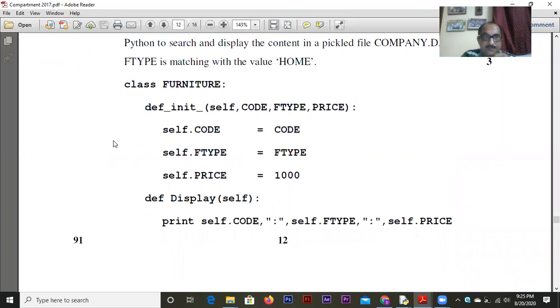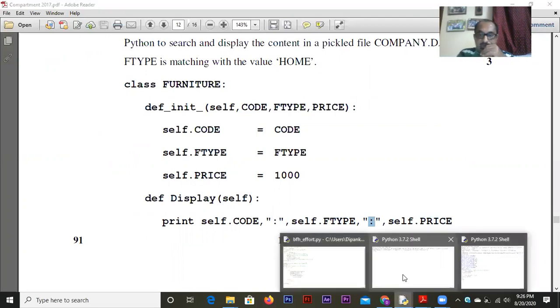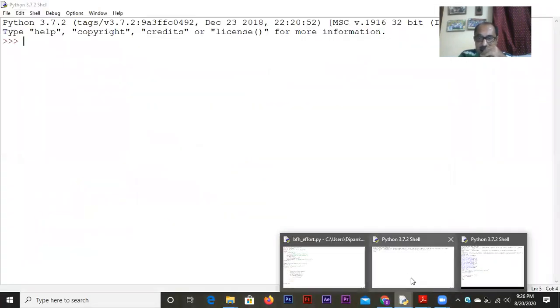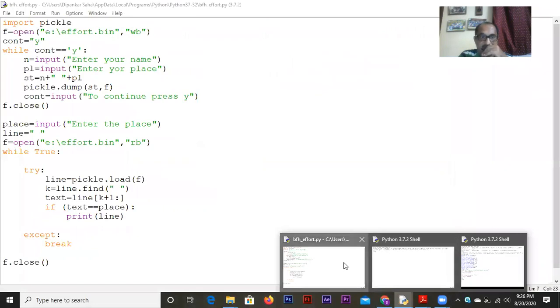Look at this. See, this is a question paper of 2017 compartmental examination. Here there are three quantities: code, E type or F type, some quantities there, and price. Both the fields here are separated by colons. So I will look for the colons and I will extract the data. Fine. So you can take the help of this. Fine, and you can do this assignment today or tomorrow whenever you get time.